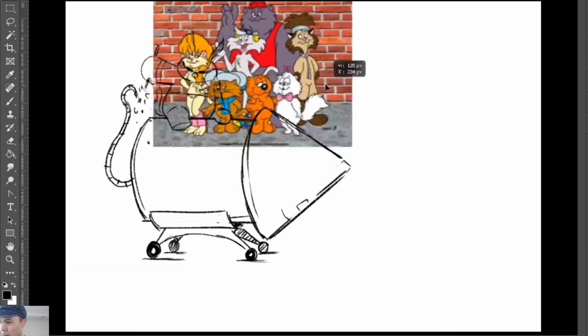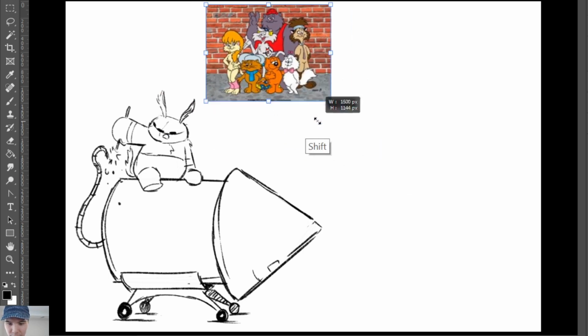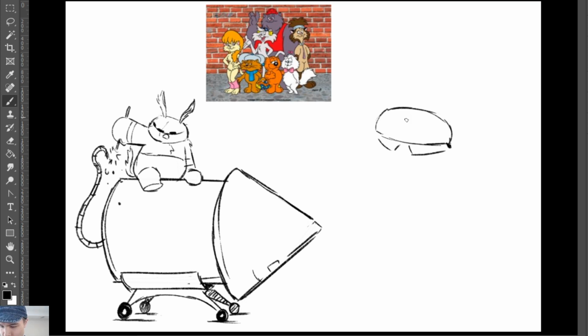Okay, so let's do. I'm gonna put Wile E. Coyote down here. So sometimes I could do drawings where it feels okay to just give him cat ears, give him a headband. So one of the interesting things about this is you look at a character like Hector here, and he's